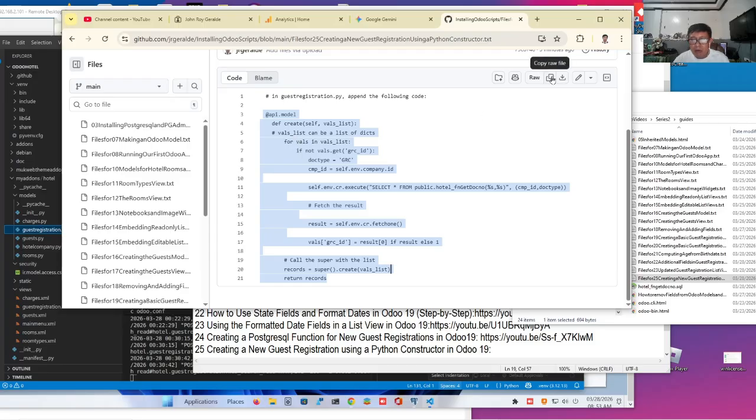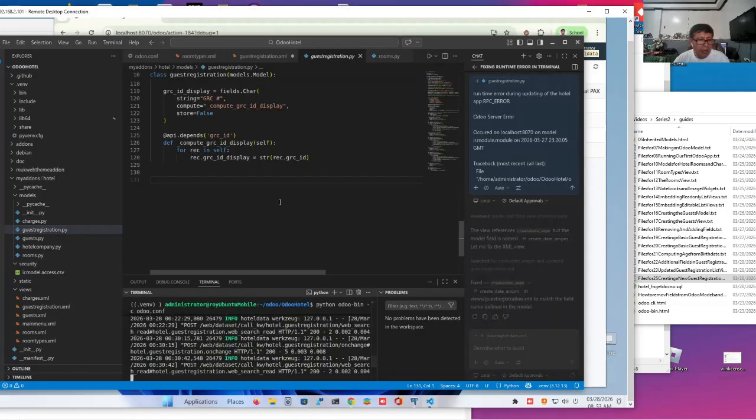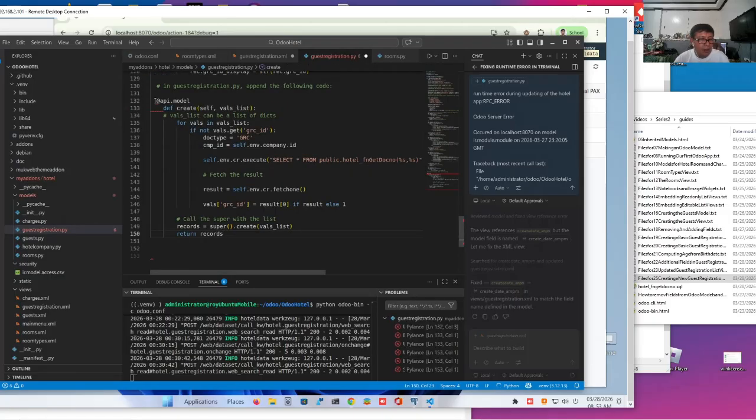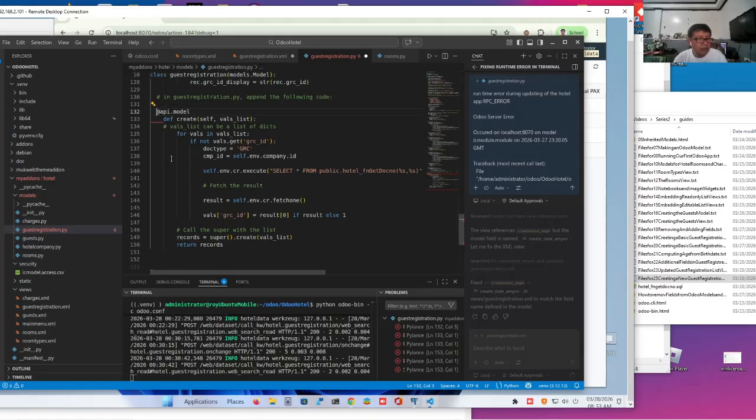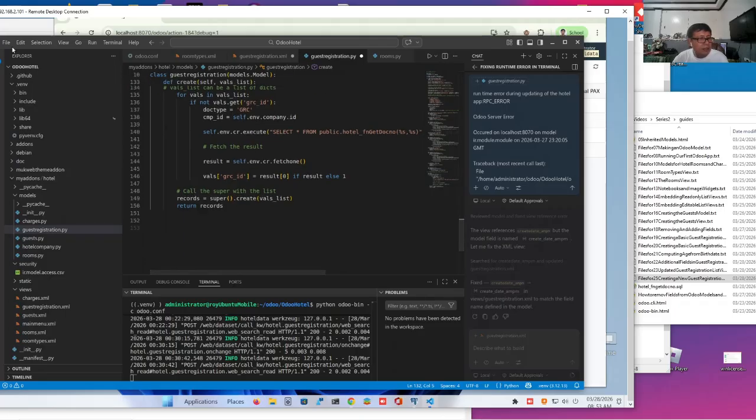We'll just copy the whole file so that the indentations will also be adapted, and we will go to our guest_registration.py and we will append it there. Now there's an indentation problem, so we'll just indent, and that's there.